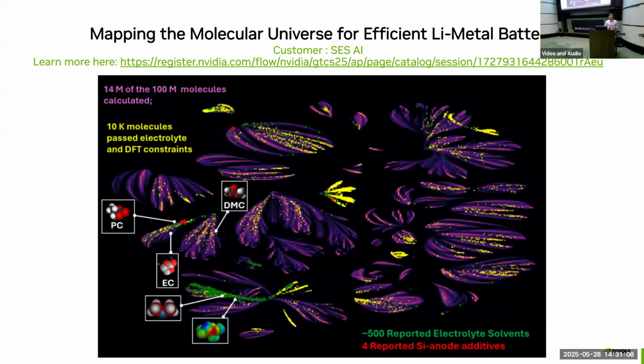But when we filter our map based on specific properties that we're looking for in a material, we can start to see individual clusters pop out to us. Everything in this figure that is colored green or yellow are all materials that were filtered based on the same property. We were filtering for a very specific set of things, and the green and yellow is what popped out. Everything in the green streak on the bottom left here is materials that have been studied already.